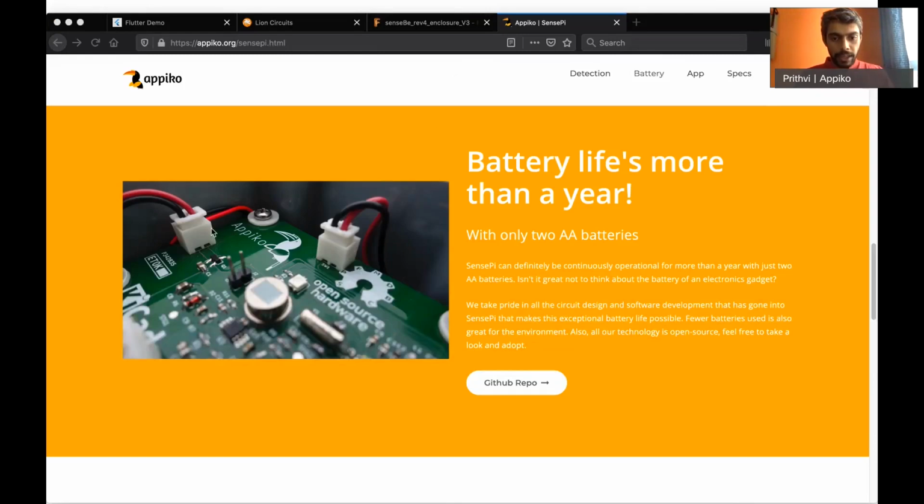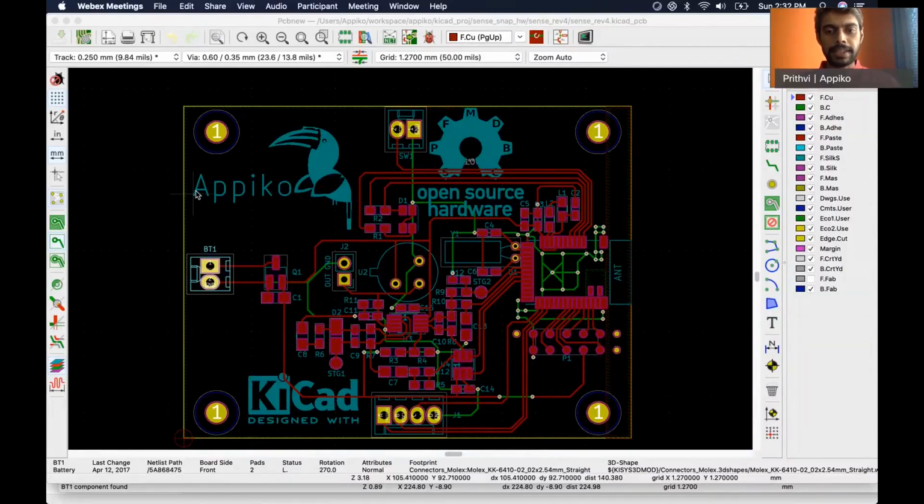Here there are many connectors. Say this is a connector to the audio jack for triggering the camera. This is the battery connector here, and here. So when you first start designing a PCB, after the schematic, the first thing that you need to do is place the components before starting any routing. This is critical because you need to know where the components are and how the components need to interact with the user as well as the enclosure.